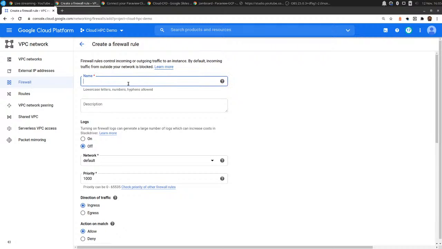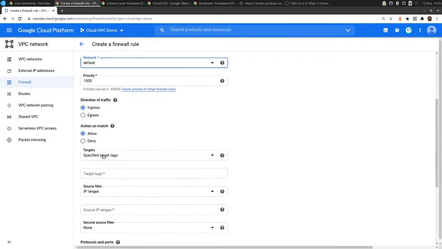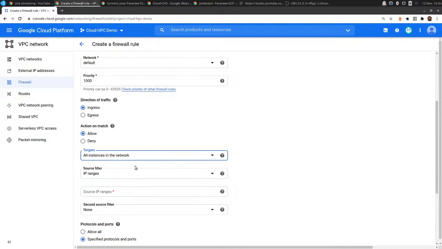You can call it whatever you like. I like to name my firewall rule something that's meaningful so I know what it's intended to do. So let's call this allow PVC server TCP. For the network, choose that default network or whatever network you decided to deploy your Cloud CFD cluster to. You can leave all these other options in their default. In targets, select all instances in the network, and then